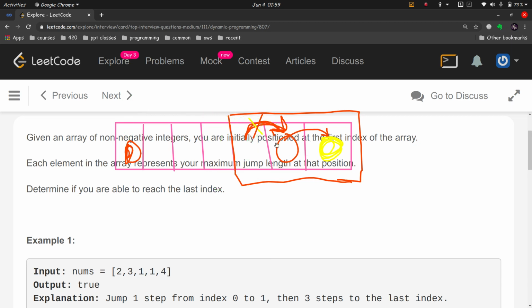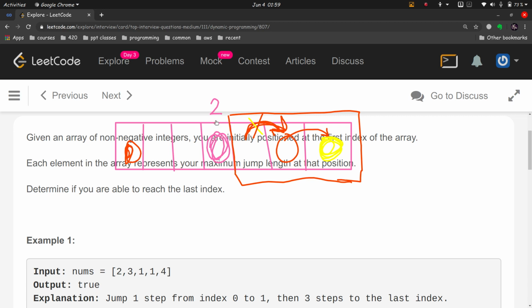That's what happened here. This value was reachable from here because let's assume that the value here was 2, so we can reach this position, right?